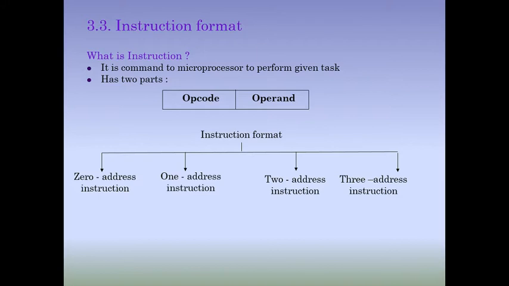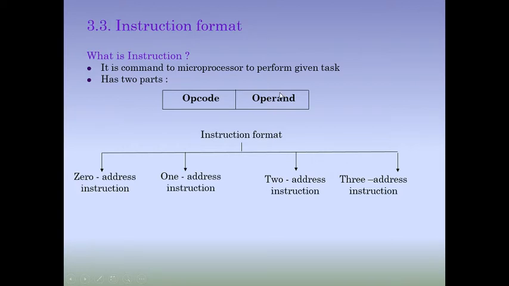Okay, we will write a set of instructions and we will call that a program. Okay, we know this. So that instruction generally contains two parts. One part is called opcode and another part is operand. The opcode part will specify what operation is to be performed, and the operand part will specify on what value this operation is to be performed. Suppose we want to perform addition, so ADD will be the opcode and the values, suppose 5 and 6, those 5 and 6 will be the operands.